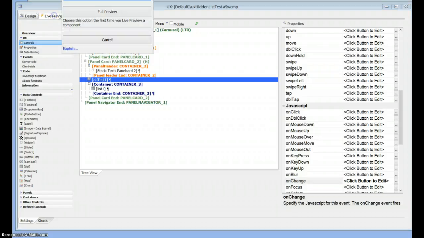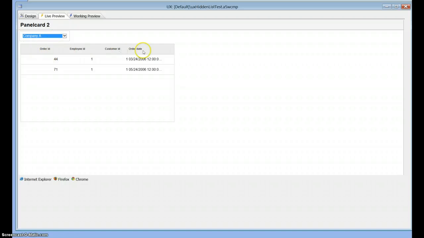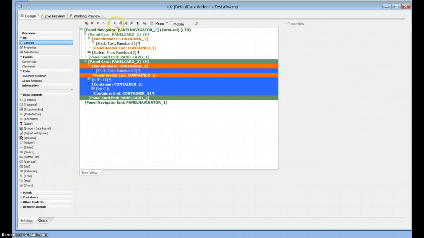So now if I run this, show panel card number 2, and all is okay. The heading's okay, everything else is okay. So I thought that was interesting, because when I take this panel card and I move it